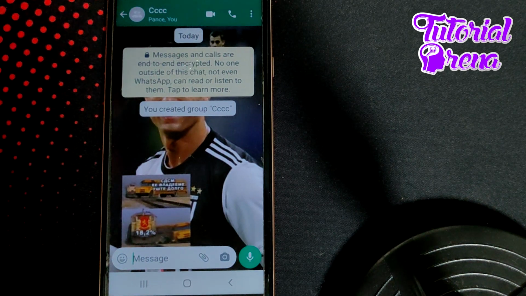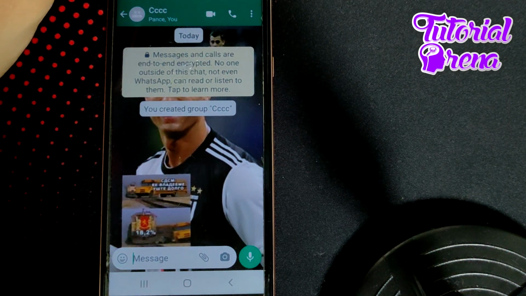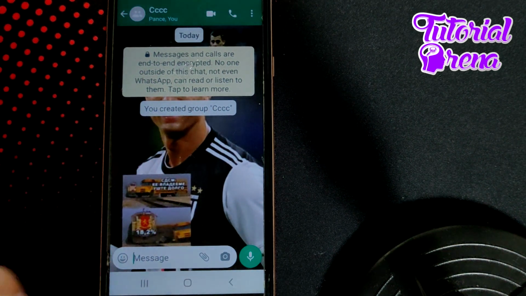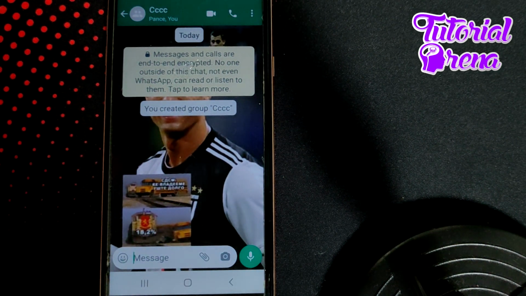In this video, I will show you how to send an animated sticker on WhatsApp. Firstly, you need to open up a chat with someone on your WhatsApp. Then, if you want to send an animated sticker, what is the most important